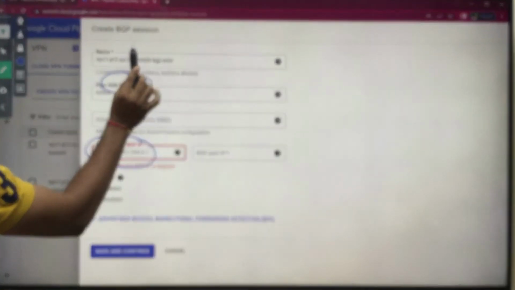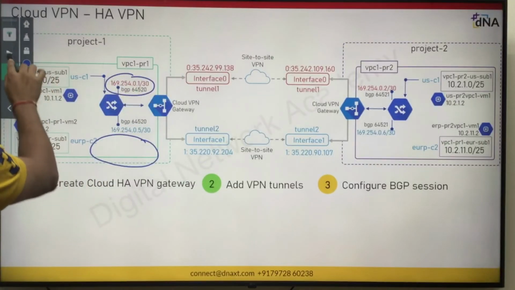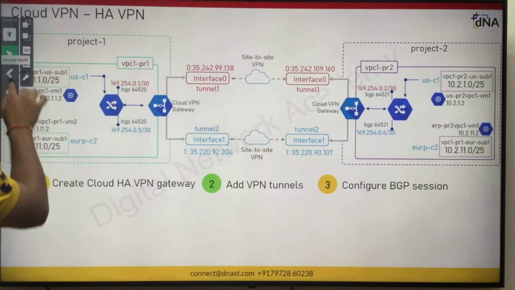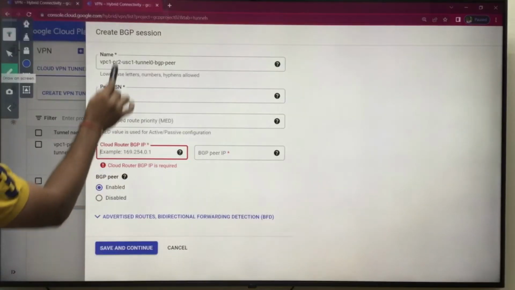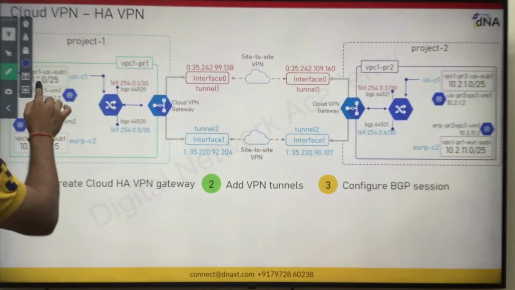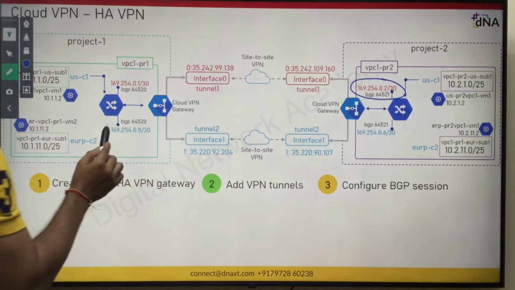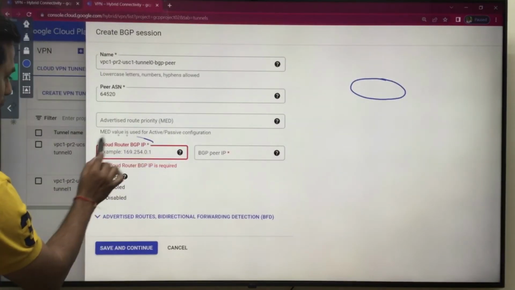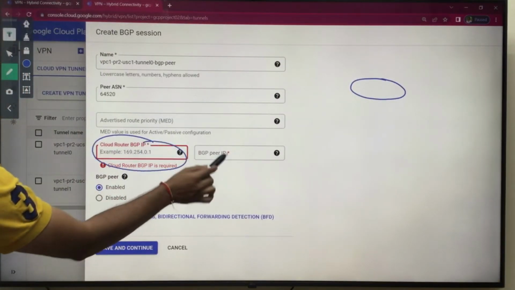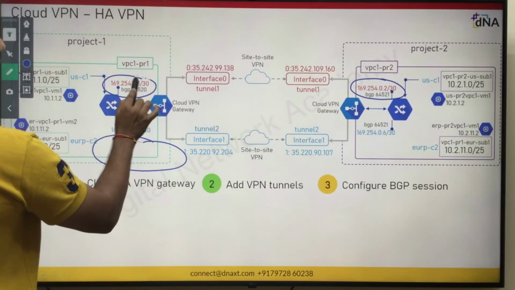Wait. Currently I am in project 2, correct? So in project 2, my IP address is 169.254.0.2. That's what I will mention over here, and BGP peer address means the project 1 address, which is 169.254.0.1.